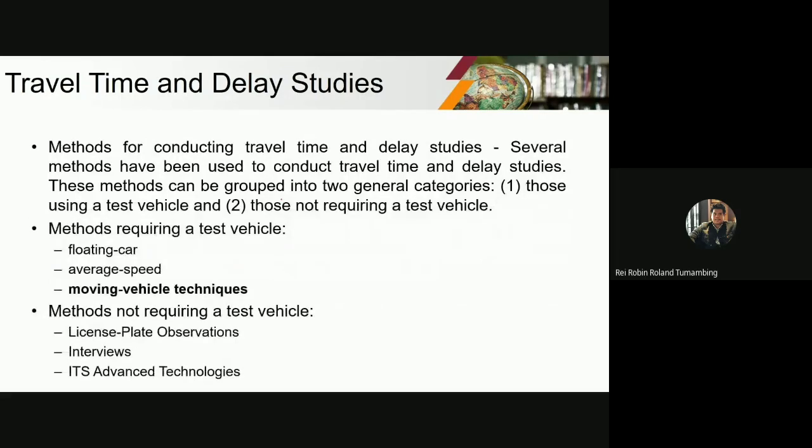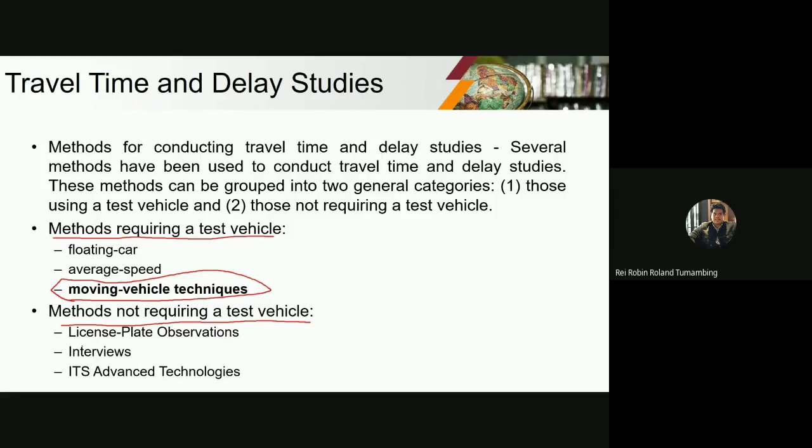So, we have two methods in conducting travel time and delay studies. First is the methods that require a test vehicle and the methods not requiring a test vehicle. For this module and for our discussion, we would be focusing more on the moving vehicle technique. Other methods that require a test vehicle are the floating car and the average speed. Those methods not requiring a test vehicle are the license plate observation, interviews, and the ITS advanced